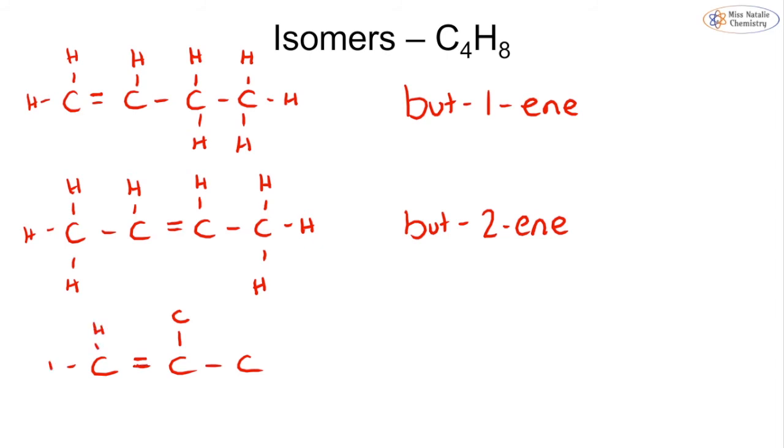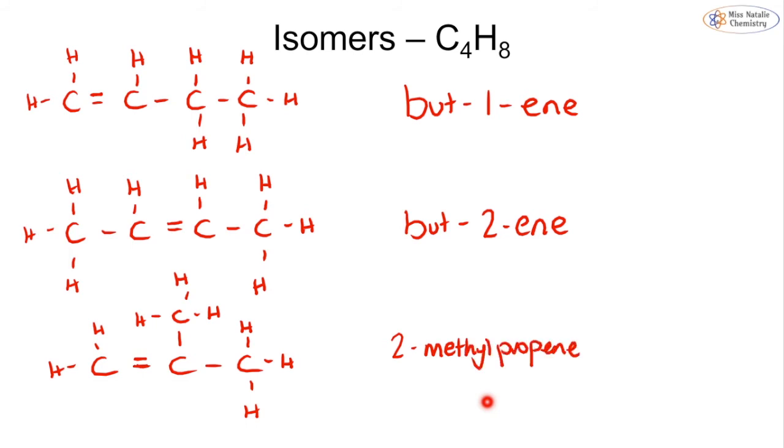And again, I add in my hydrogens, making sure that I have 8 and that each carbon has 4 bonds. And this is known as 2-methyl propene. Each of these has a molecular formula of C4H8, but you can see that they are all different, so